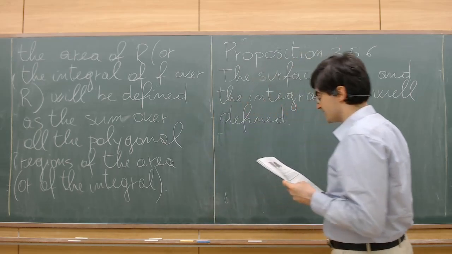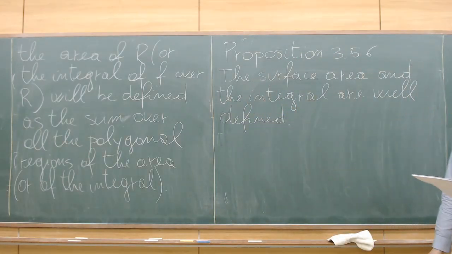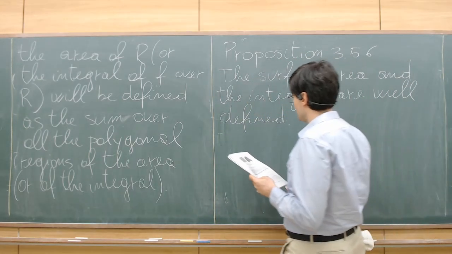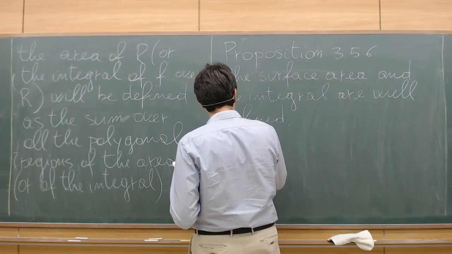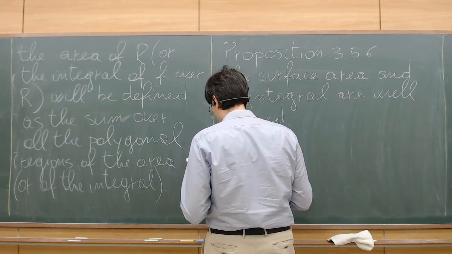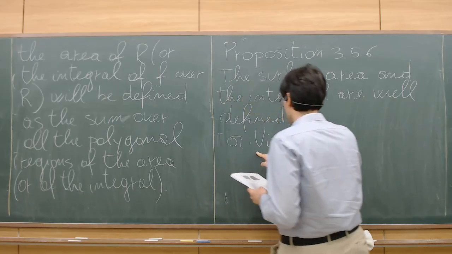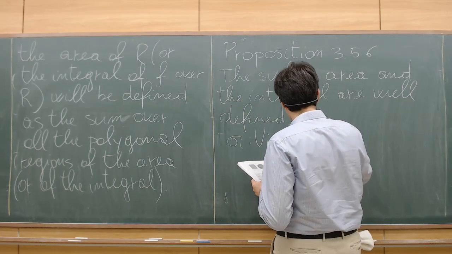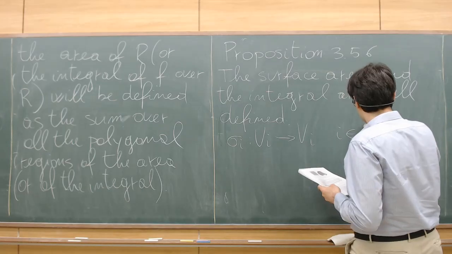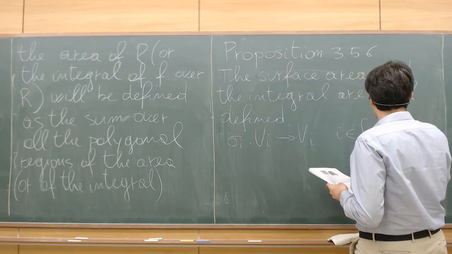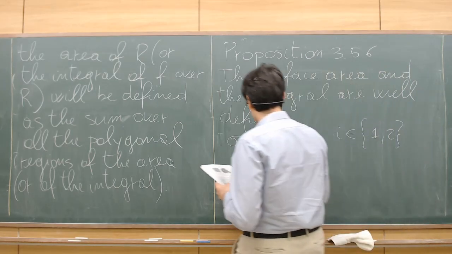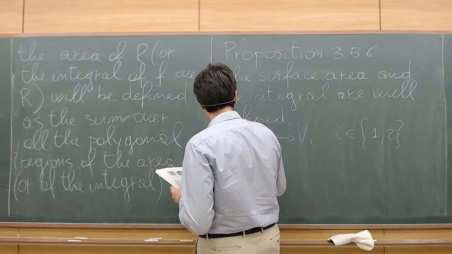The meaning of this sentence is the following. If you have two surface patches, sigma i defined on Ui with values in Vi, which cover R,